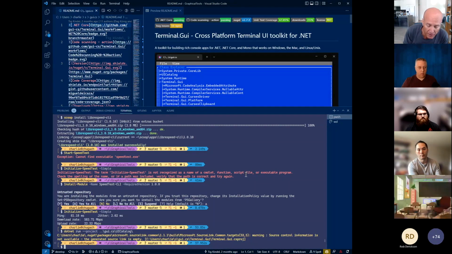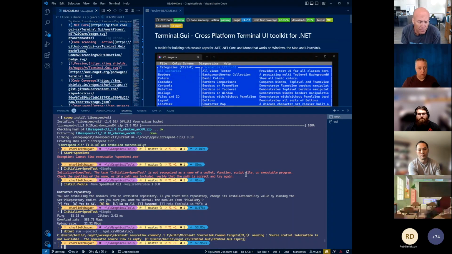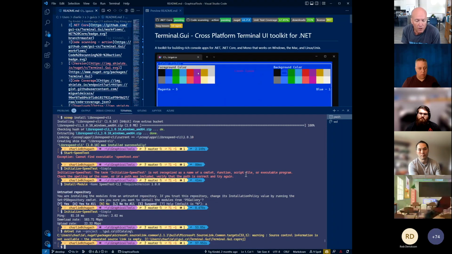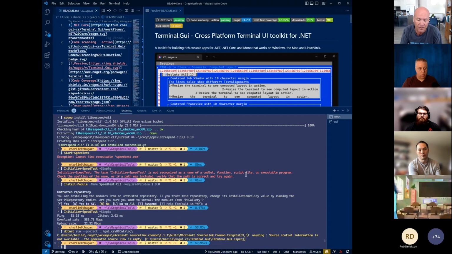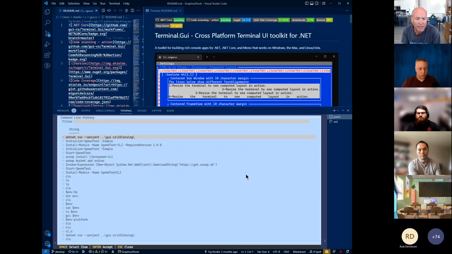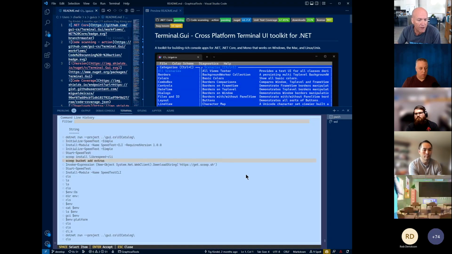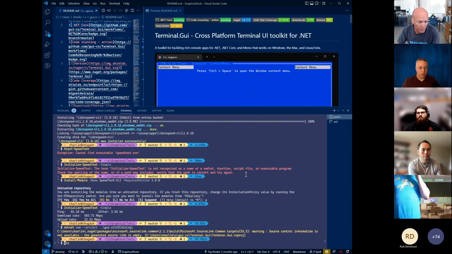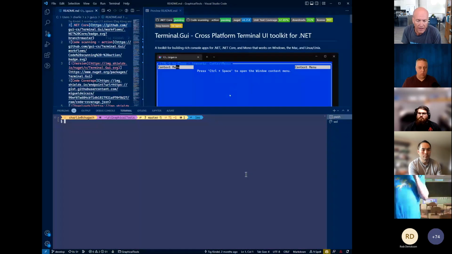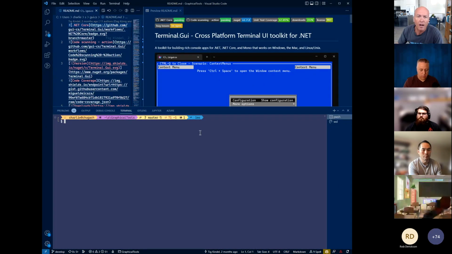My primary use of it is taking advantage of PSReadLine, having a graphical ability to view your history within the console, and I've got it mapped to F7. If I hit F7, I see all the commands that I've run. If I hit enter on one of those, it puts it right on the command line, for example, in that case, CLS.